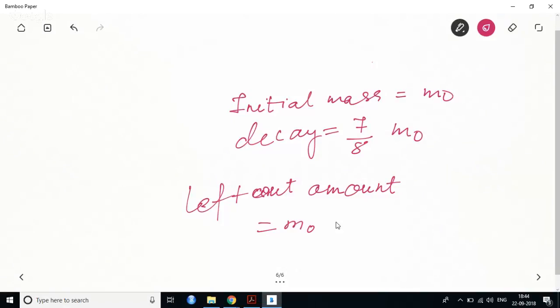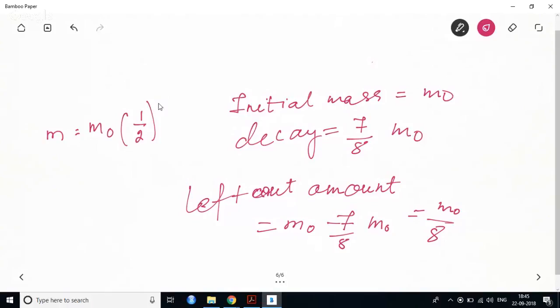M naught minus 7 by 8 m naught, which is equal to m naught by 8. So now I can use this in the formula. How do you use this formula? Try to understand. They have given a half-life formula. The half-life formula is like this: m is equal to m naught, 1 by 2 to the power